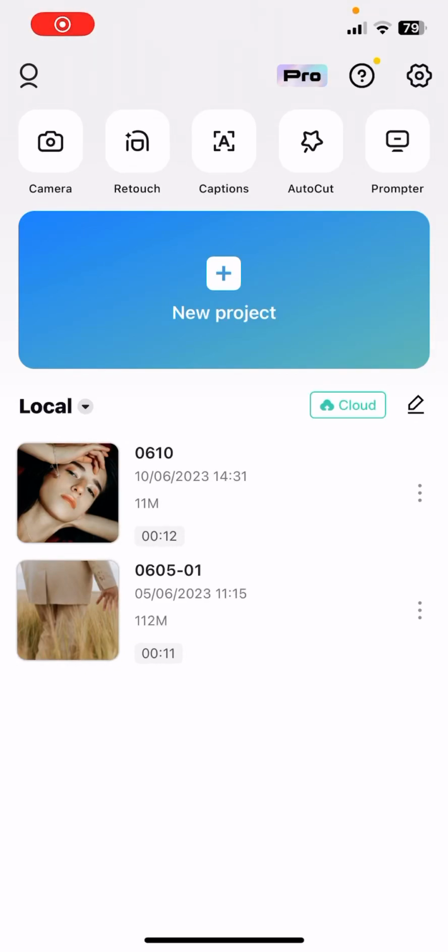Hello guys, in this video I'm going to show you how to add photo effects to your videos in CapCut,